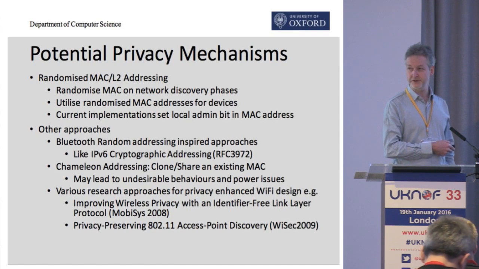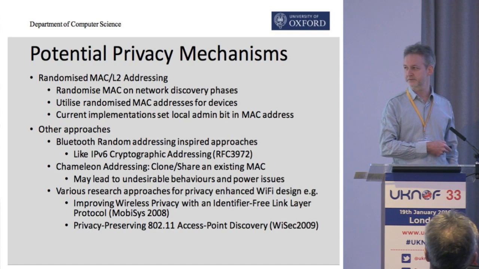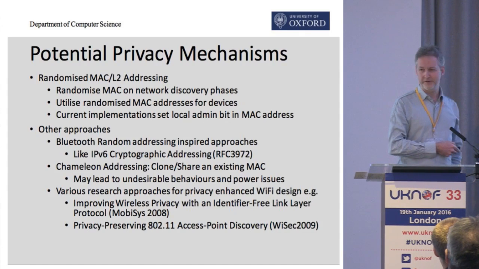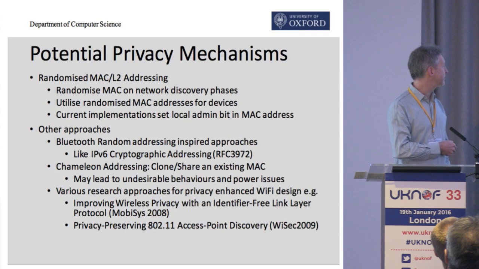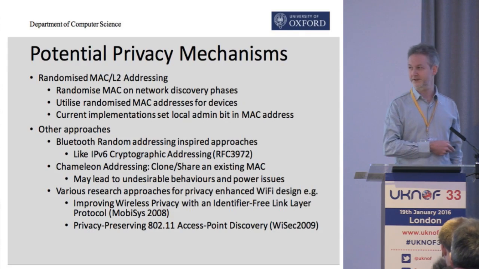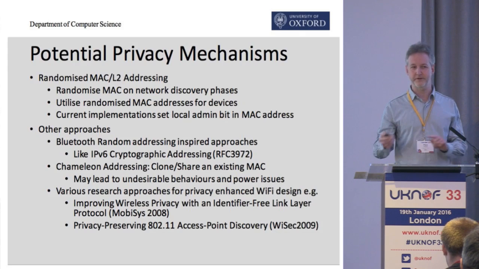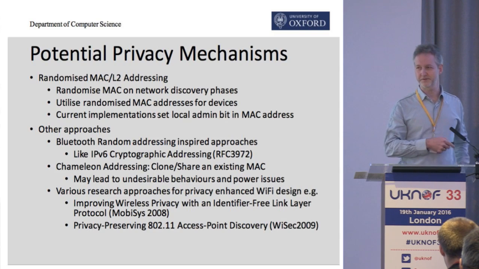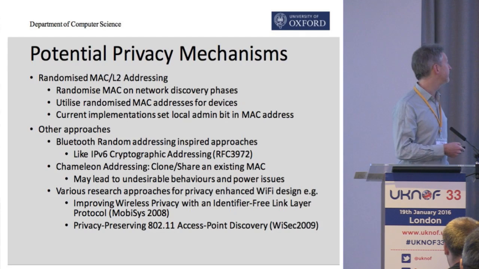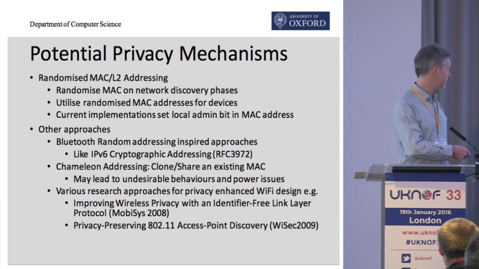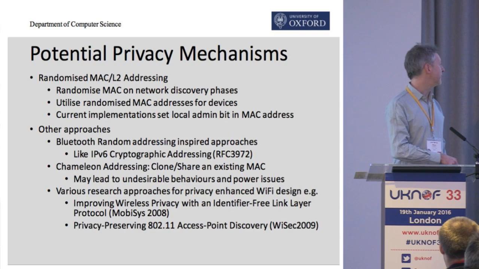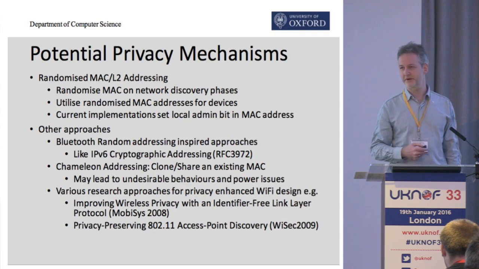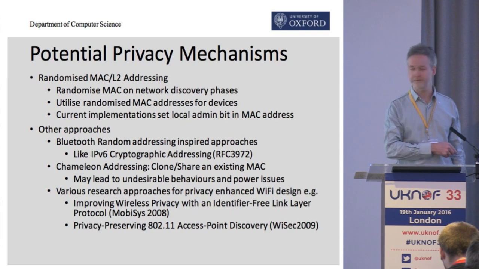They have MAC randomization schemes which are put into Bluetooth Smart. They're part of the standard, and they essentially have a number of different approaches. It's a bit like this cryptographic addressing in IPv6, where you have a key that can allow you to unlock the randomization sequence. If you don't know the key, then it looks like a random address. There are other approaches where you could copy MACs, and then there are more sophisticated approaches where you basically have to modify some of the protocols, which makes it rather difficult to deploy on a wide scale.